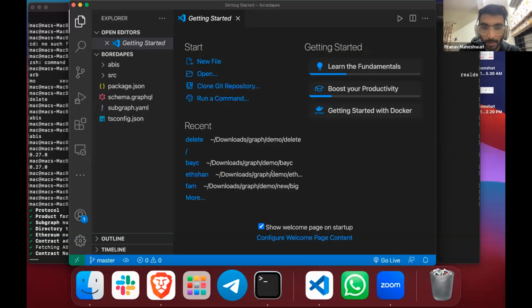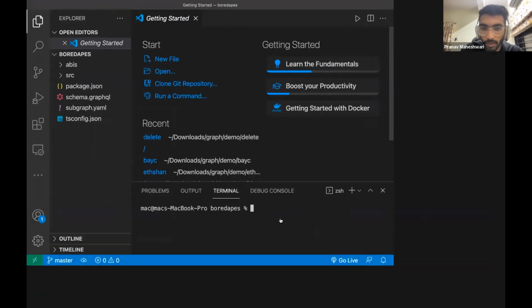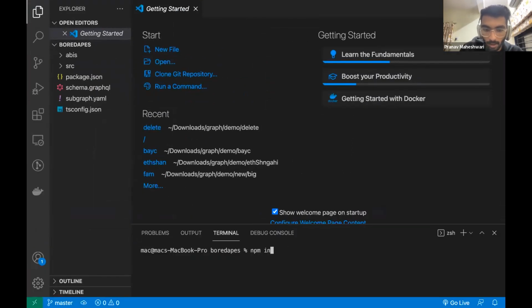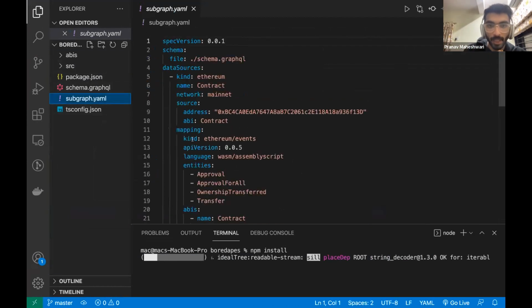If some people have been able to come till here, then the first thing I do is, after graph init, I get this initial folder, right? I just open the terminal over here and do npm install so that all the dependencies are installed without issue. While the dependencies are being installed, there are four things that we discussed that are a part of the subgraph. First is the YAML file, which